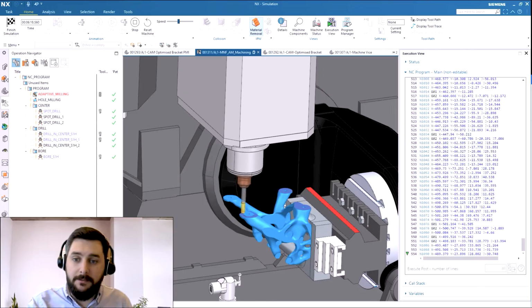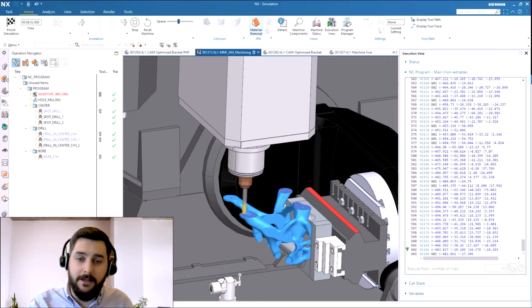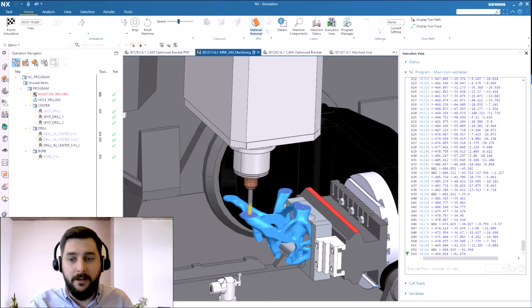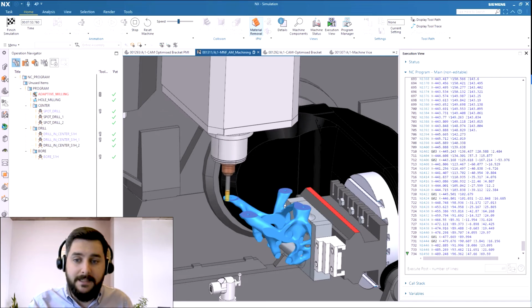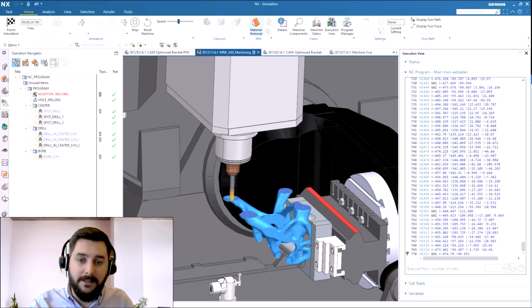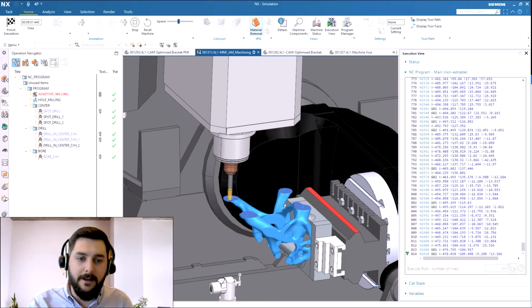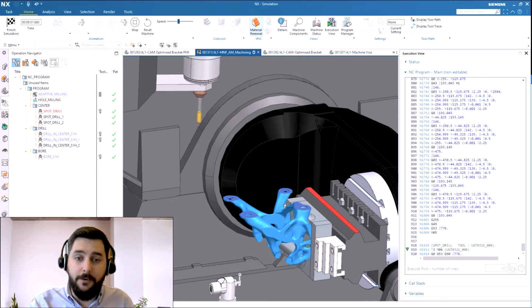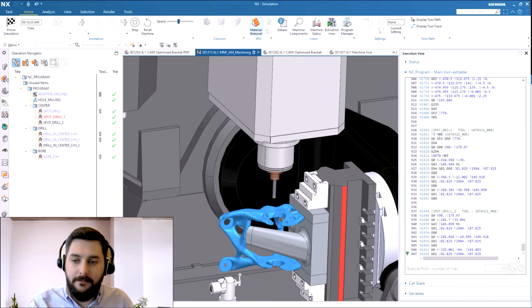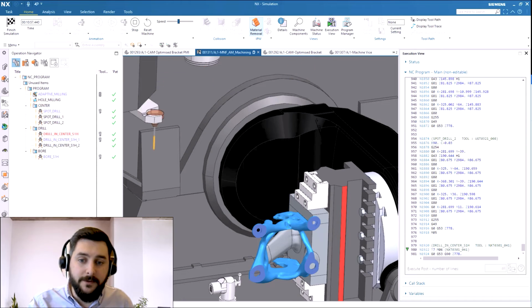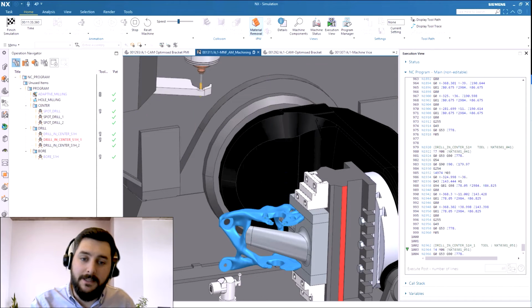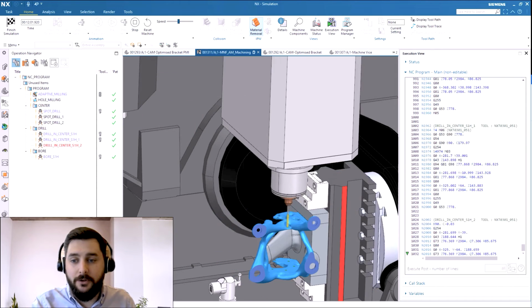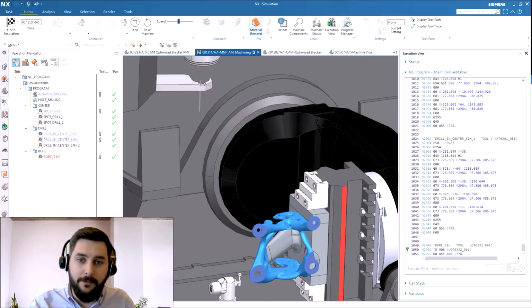On the right-hand side of the simulation, you'll see that the post-processed NC code is running down in just the same way as it will on the CNC controller. And that NC code is driving the machine tool kinematics in NX to give a true digital twin validation of the CAM program, including material removal and a much more accurate machining time. NX is the only CAM tool that offers integrated NC simulation and is a fantastic way of validating and ensuring a safe collision-free toolpath. This concludes the portion of the demo regarding the finished machining in NX CAM.